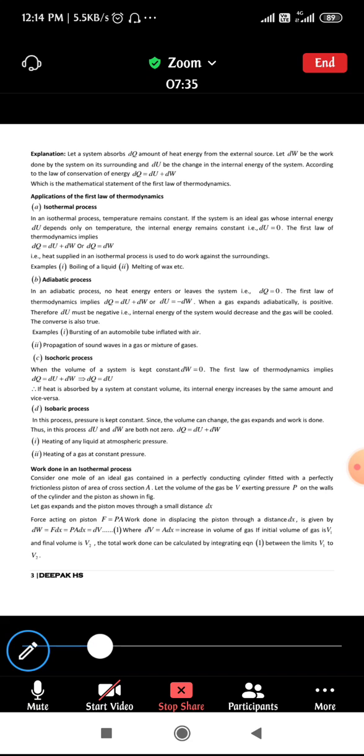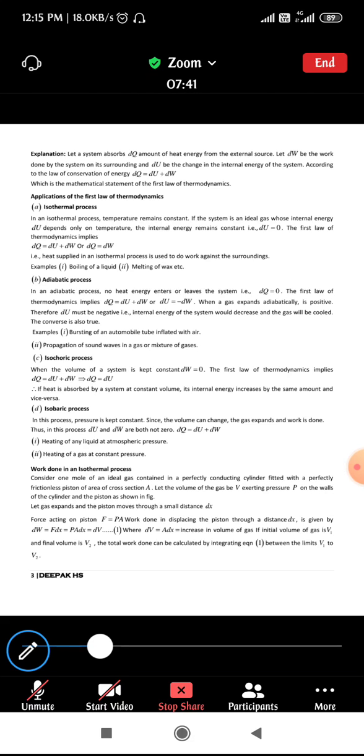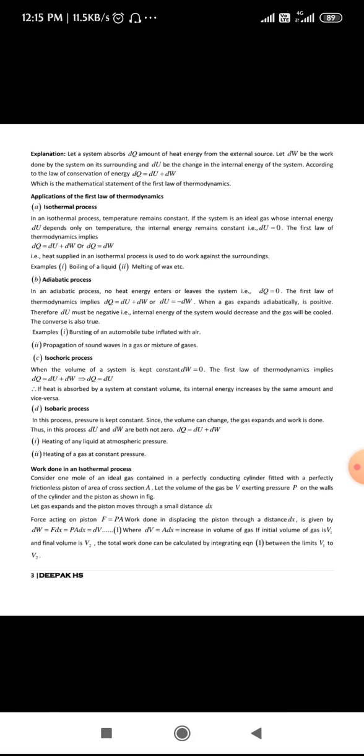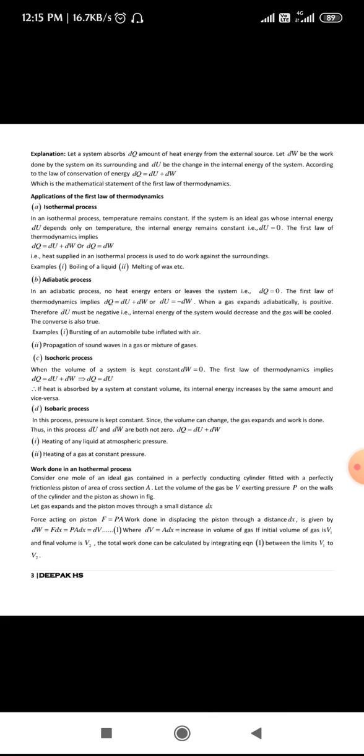Okay, so the entry and exit of the energy has been restricted. So that means that you can take dq is equal to 0. Okay, so dq is nothing but what? It is the amount of heat, right? So dq is equal to 0 you can take. So hence, if dq is equal to 0, the first law of thermodynamics, mathematically you can write that one as